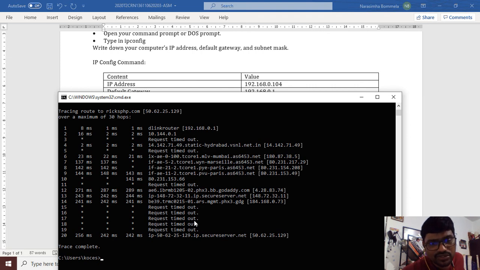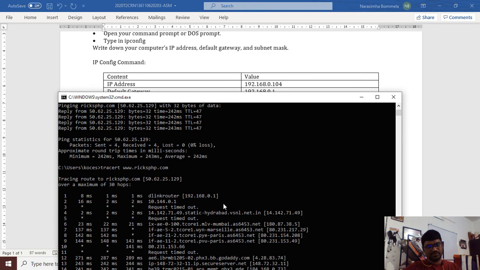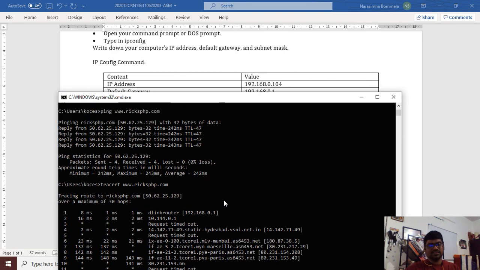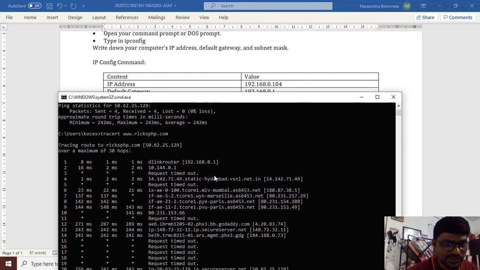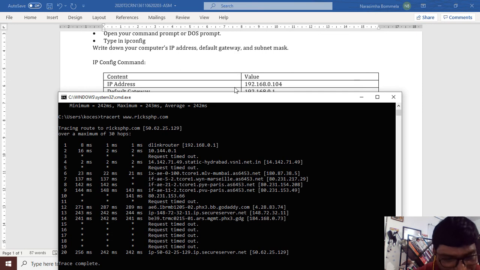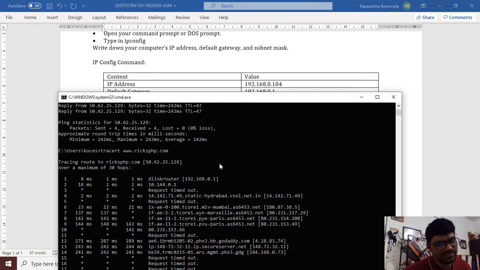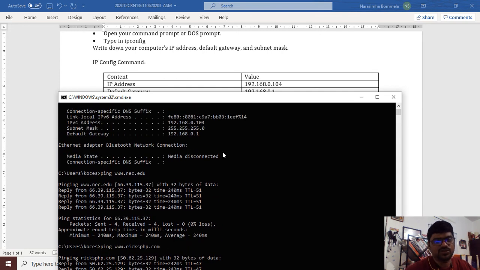If you ignore these request timed outs, at least 13 routes were successfully traveled by the ping. When we ping it, it reaches the target location. It takes at least 253 milliseconds to reach the target. That's it, guys. This is a simple activity. Try to work on these two things.